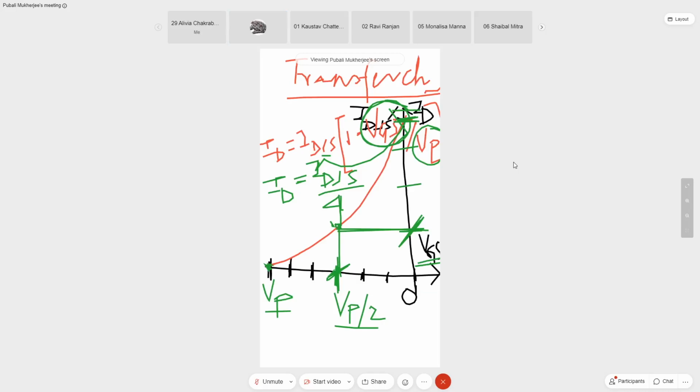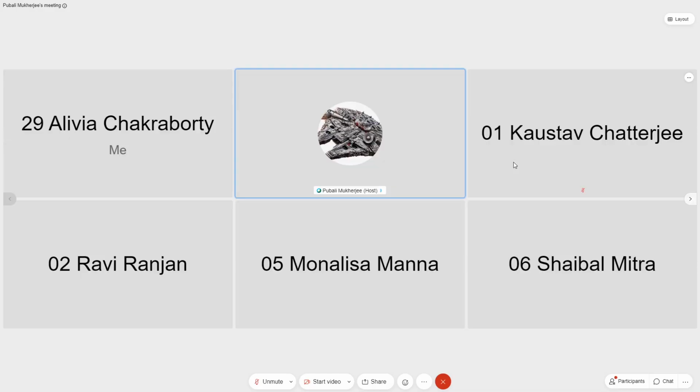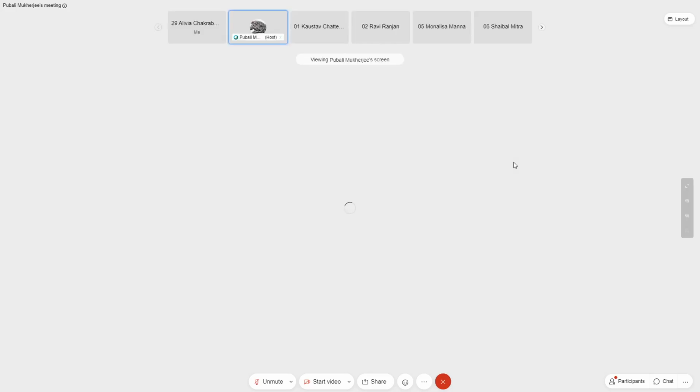Is it clear, students? Yes, ma'am. Okay, so if you put values and draw a graph, this is the theory. I'll leave the screen and move on to a fresh screen. When we do a numerical, it will become clear to you. It's 12:20. Let's see if I can give you an example. After drawing this graph, it will become clear to you.